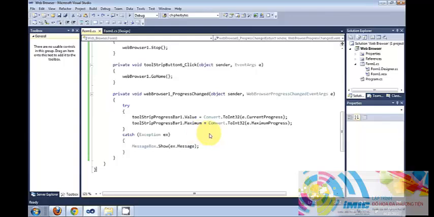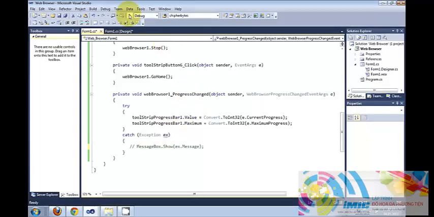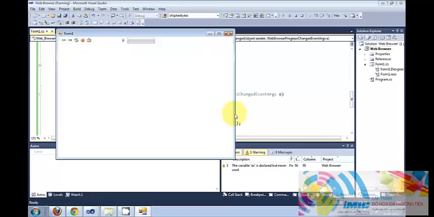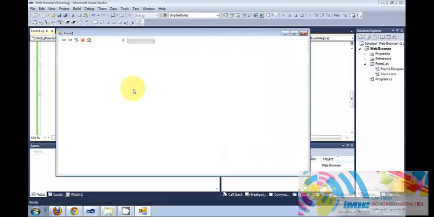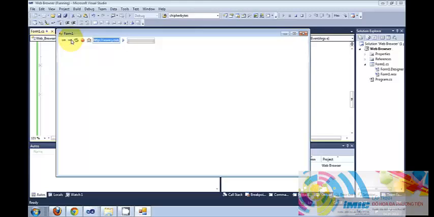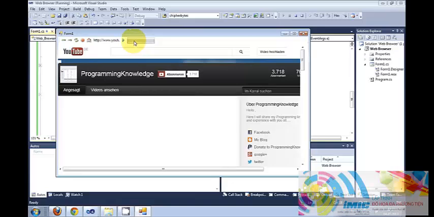So the simple solution for that problem could be, I will just comment this message box because it's throwing unnecessary exception, which I don't think will affect my code right now. So once again I will open and run my program. I will enter the URL of my YouTube channel once again and I press enter, and you see the progress shows. Okay,